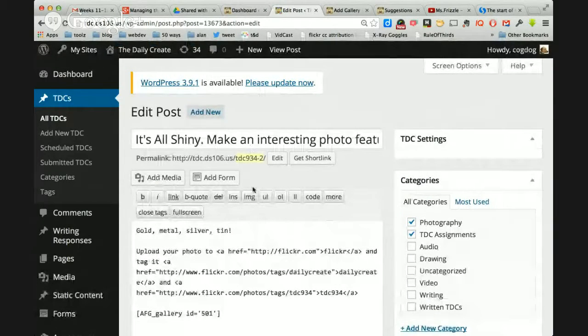Sometimes I'll just copy all the content here, so then I can create another new daily create. And then basically you have to do a manual edit of this. So you might have to copy an existing daily create from the archive to get all the formatting, etc. It's kind of beyond what I want to cover in this tutorial, but it can be done. But do it with care and make sure you get a real comfortable feel for all the moving parts of the way the daily create